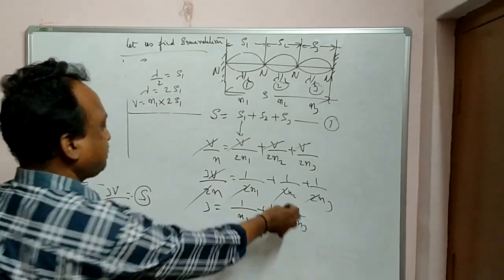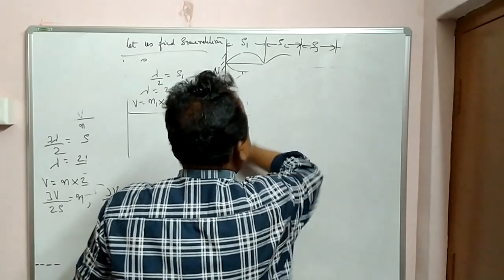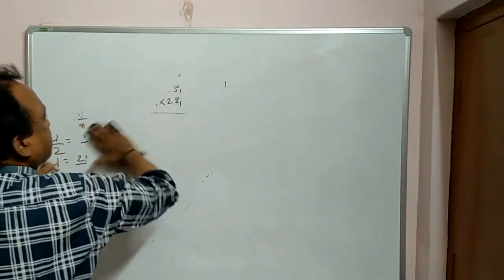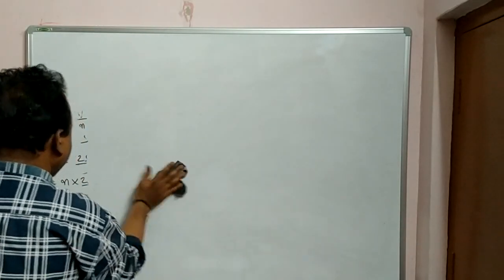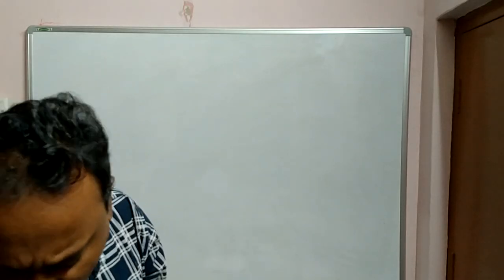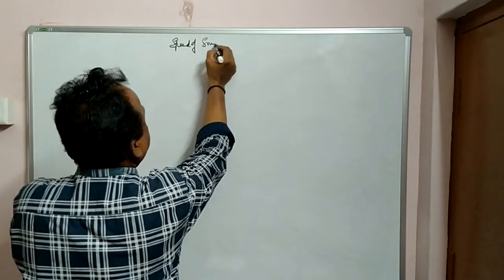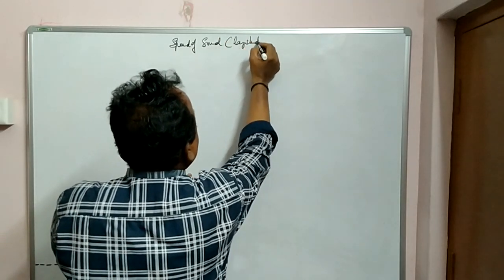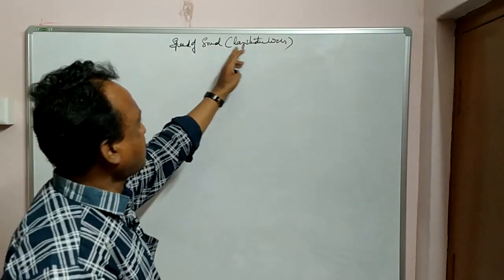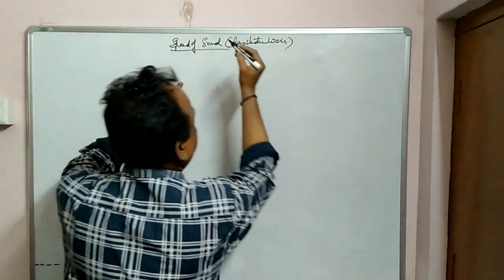Sound wave speed. Speed of sound wave, that is speed of longitudinal wave. How it is calculated and what are the theories regarding this one. Okay. So next one is speed of the sound waves. So let us see how to calculate the speed of sound. The speed of sound, that is longitudinal waves. We know it is longitudinal progressive and its displacement is parallel to the propagation of the wave,